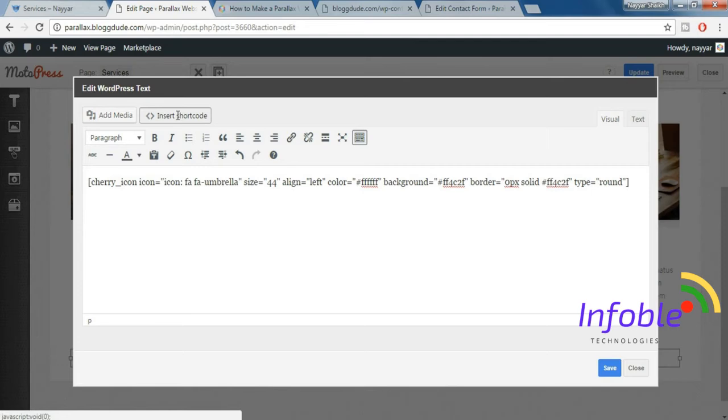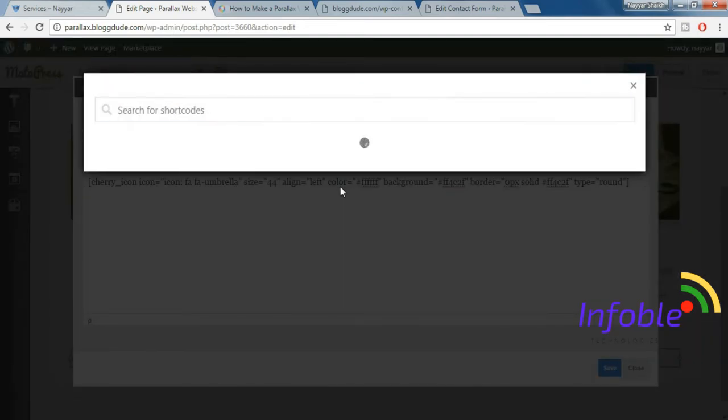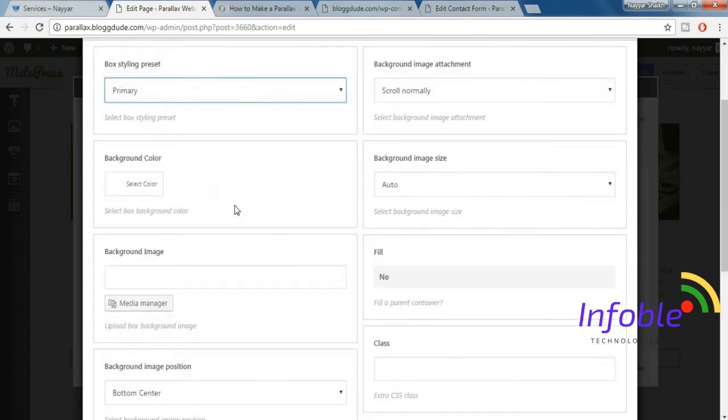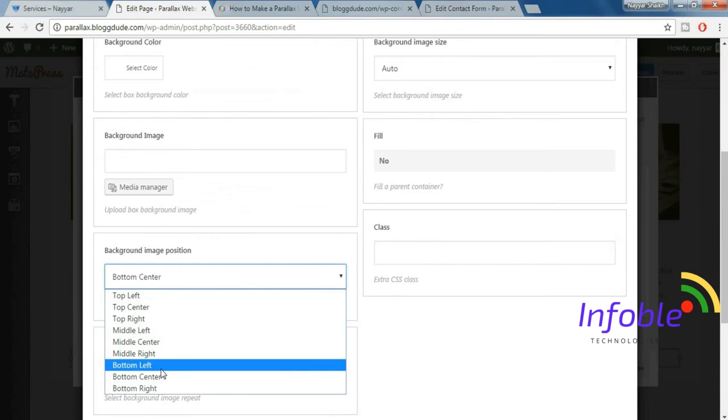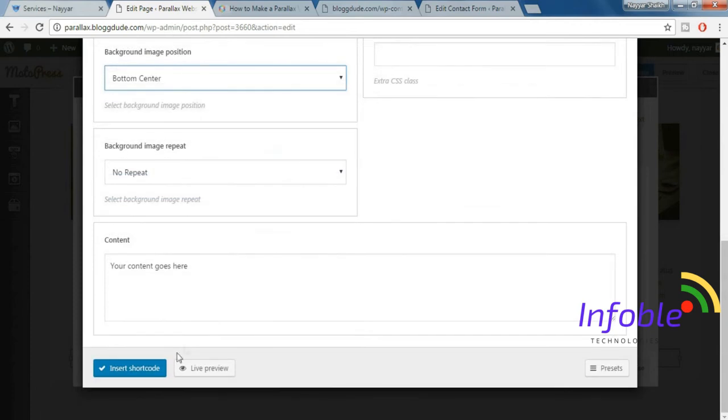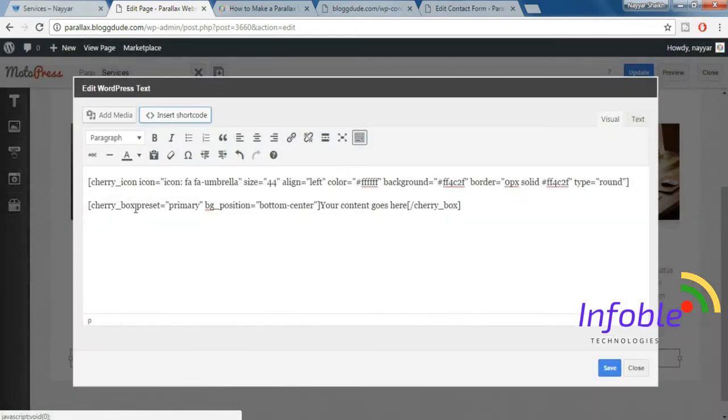Now click on insert shortcode, select this box, primary setting, in the background position select bottom center, rest everything is fine. Now click on insert shortcode. Now from here delete this present and this primary, fine, and BG position is equal to bottom center. So from here delete this bottom and dash, so it should be only center. Now delete this also, your content goes here,